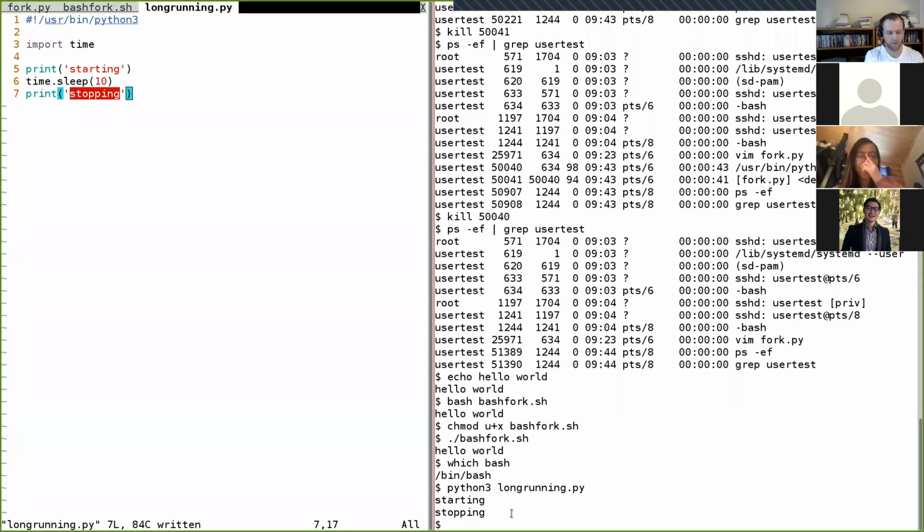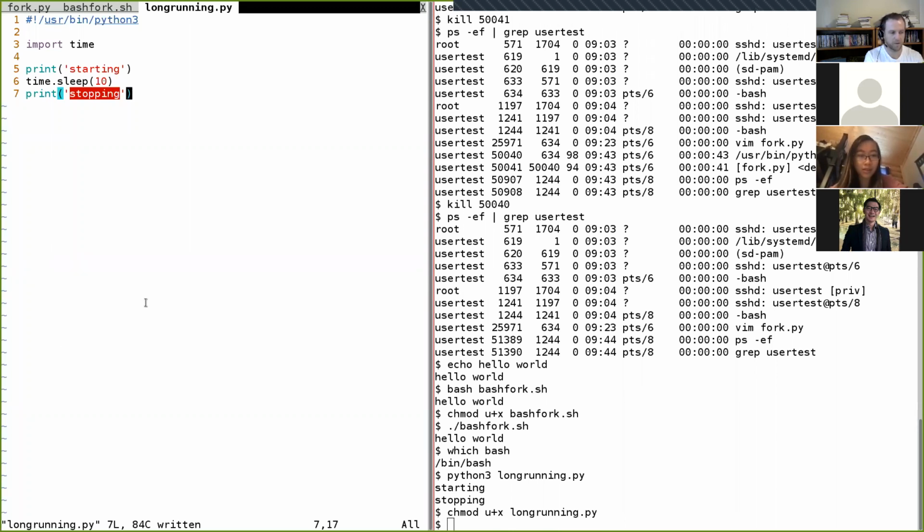And there we go, stopping. And now I'm going to change this, user plus x longrunning.py. And now inside of my bash fork over here, we print hello world, and now I can do